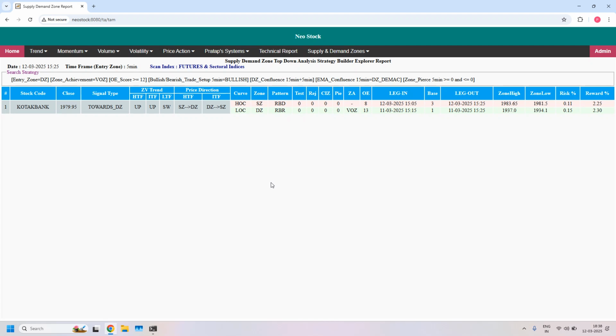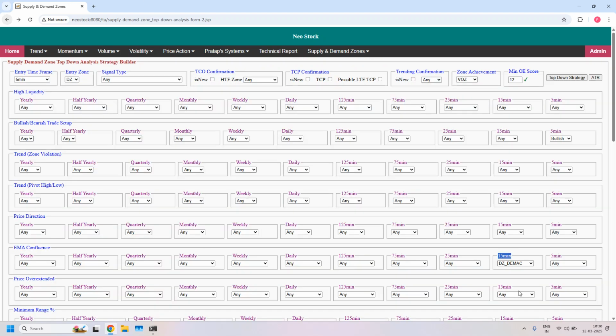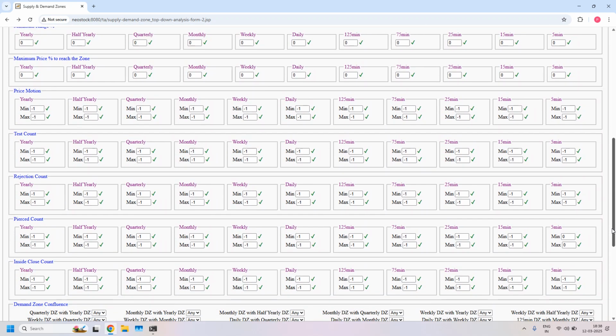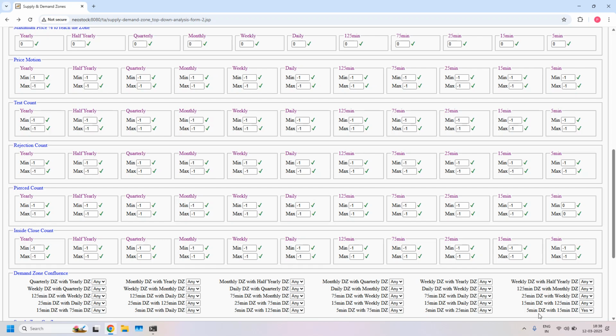Okay, next we will look into LTF, ITF, HTF demand zone confluence supported stocks. Removing the EMA filter. In the demand zone confluence, I have to set 3 filters. The first filter is already enabled. Next, 5 minutes demand zone with 75 minutes demand zone confluence. And 15 minutes demand zone with 75 minutes demand zone confluence. With all the 3 filters,